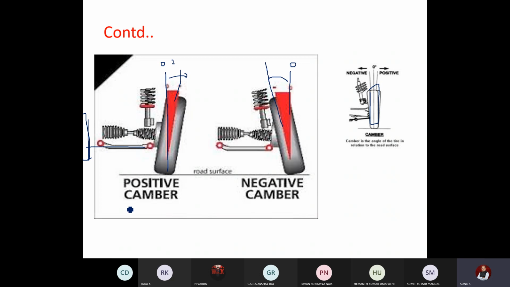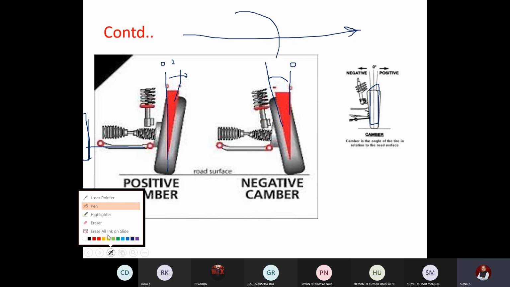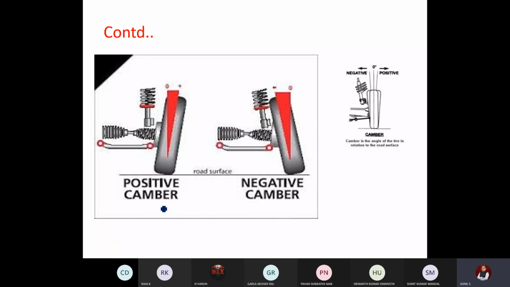Usually positive camber is given in order to ensure vehicle stability during straight forward motion when you are moving on a straight road. Negative camber is given in order to assure stability when the vehicle is moving through a curve, right? In normal vehicles we see, a small amount of positive camber will be given. Only in racing vehicles at high speed there will be curves, turn taking, so then negative camber will be given, and that negative camber will also be more than 2 degrees. In some racing vehicles, you can clearly identify just by visual inspection that the wheels will be tilted outside like this.